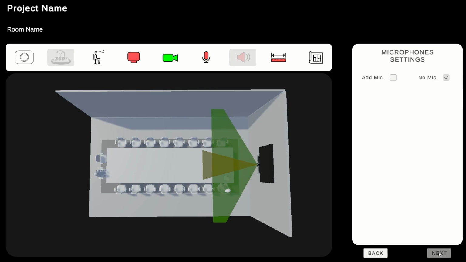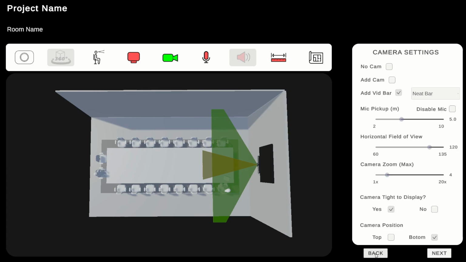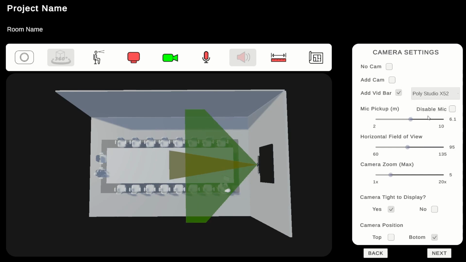So if I go to the microphones section and click on add microphones, it's telling me that if I want to use third-party microphones, then I need to disable the built-in microphone on the video bar, right? So I will tell the application, okay, I'm not going to use the built-in microphone. I will be using other third-party microphones to cover the space, right? That is for the Neat Bar, but there are some cameras, for example,